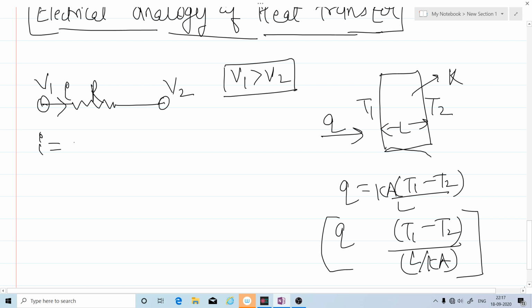Therefore, the rate of flow of charge, the current, can be written as V1 minus V2, that is the potential difference, the potential responsible for the current to flow, divided by the resistance. If we try to find the analogy between heat transfer through a rectangular slab and the current flow through a resistance, we can see that similar to this current I,